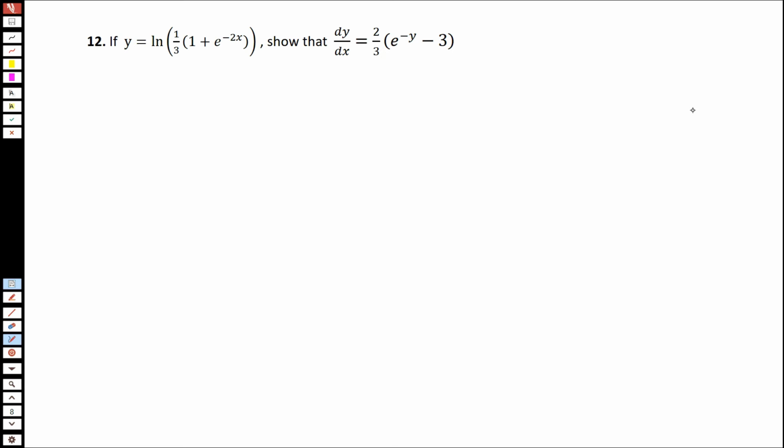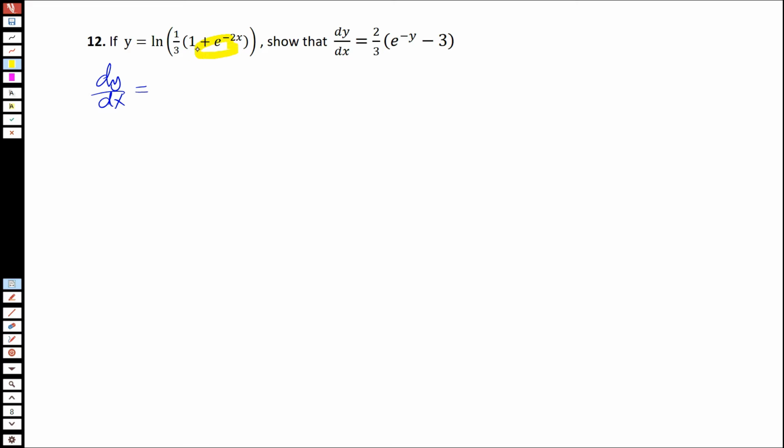In this question, we are required to show that this derivative is equal to the expression that's given. So what I'm going to do is first of all start by finding the derivative of the given function. So if y is equal to ln of what's given, then dy over dx will be equal to,